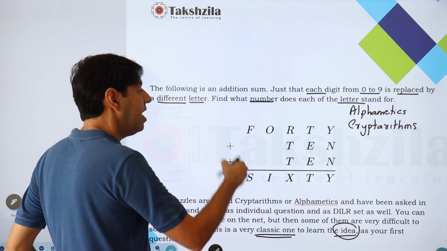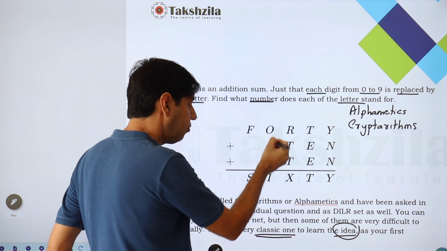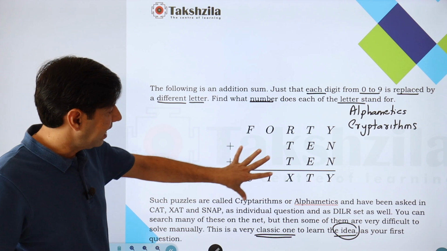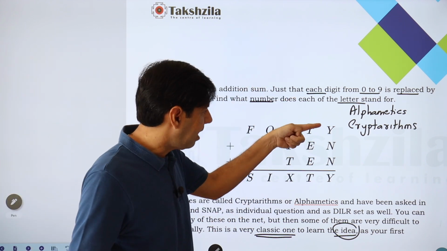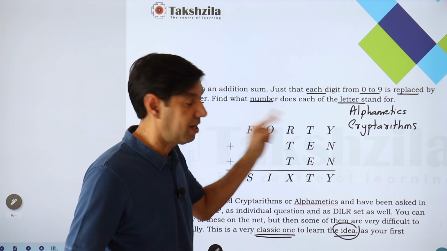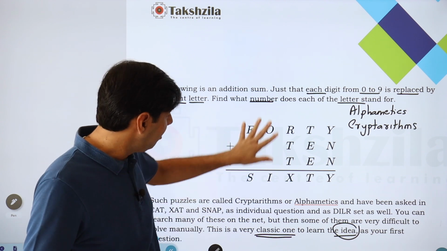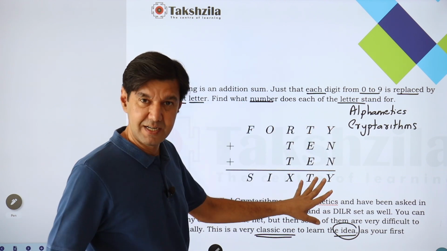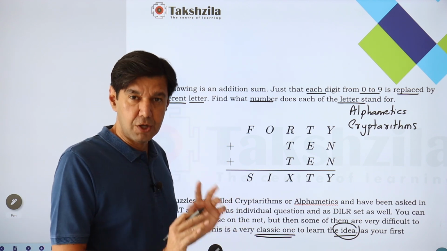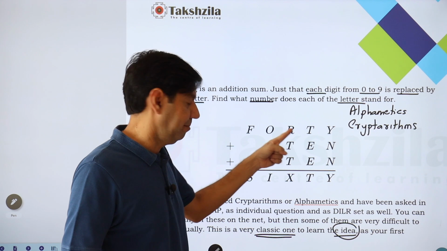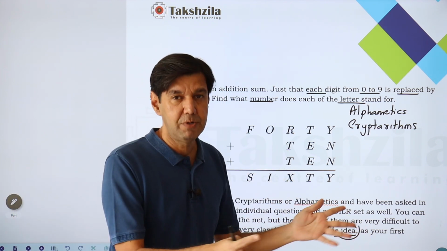Those ideas are some hints you can get from the leading digits. How does an F change to an S? How does an O change to an I? So you can guess something here. Then there are sometimes easy columns, like for example a Y comes down as Y. So what does that mean for these N? Similarly you have here also. But having figured out some ideas here, this example still leaves enough grind work, donkey work to figure out the other alphabets. So it is not an easy question, but it's also not something that you can't do manually,